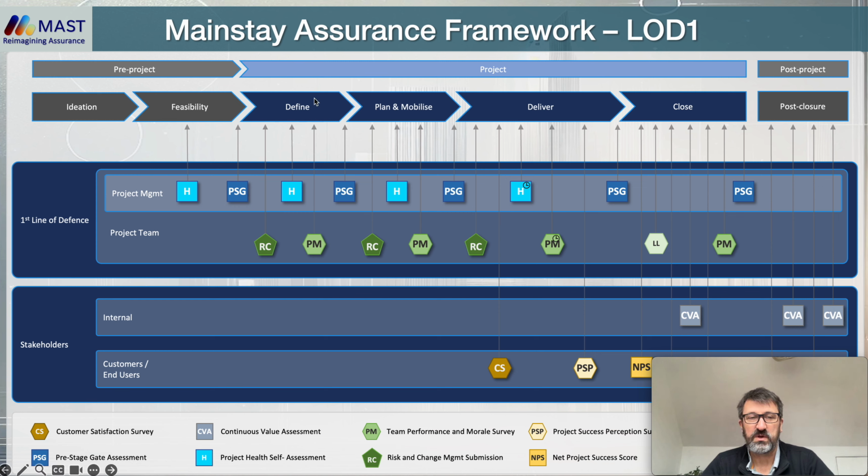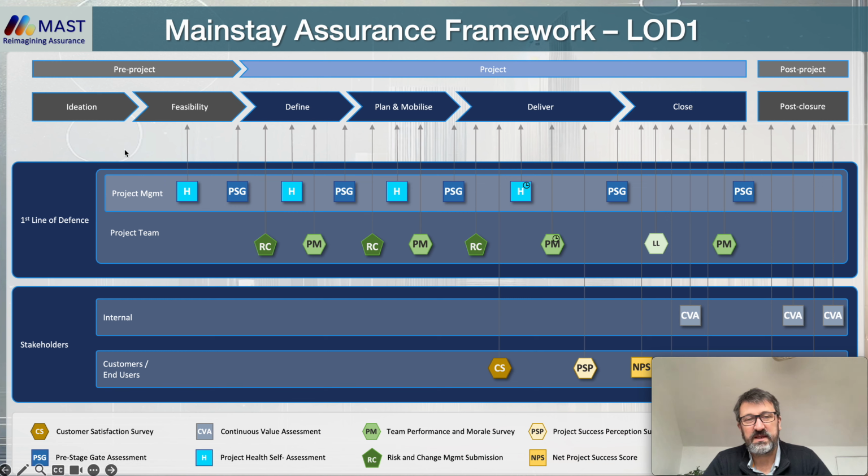But what we do is we agree exactly what you're going to do as your first line of defence, and our view is that first line of defence is the best form of defence and a more efficient way of working. So for the first line of defence, in terms of the assessments, we recommend having health check assessments, which a project manager will self-assess. Now, clearly, if he or she doesn't portray the truth, then you're not going to get anything meaningful out of it. So let's assume for a second that they are.